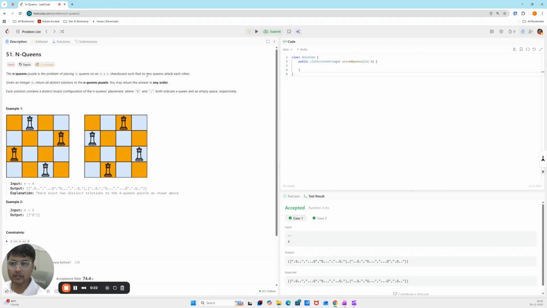n, which will be needed to calculate the n by n chessboard, and we are returning all the possible solutions in the form of a list of strings. So as we are going to return all the possible solutions, we will write list of string answer is equal to new array list,